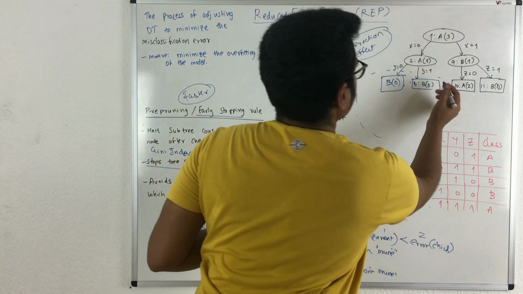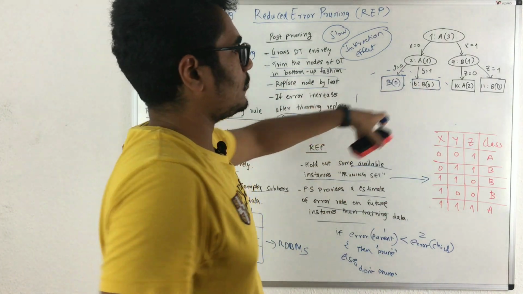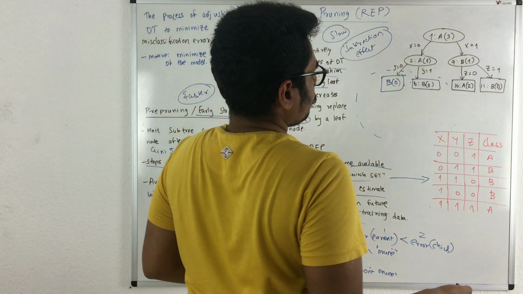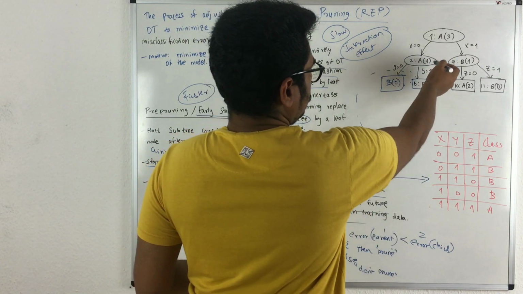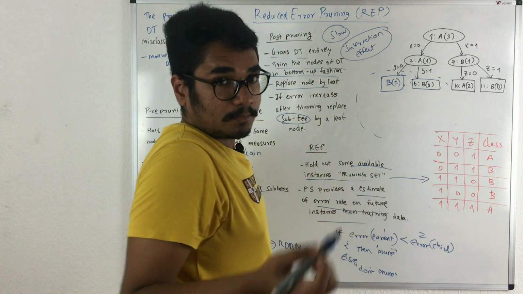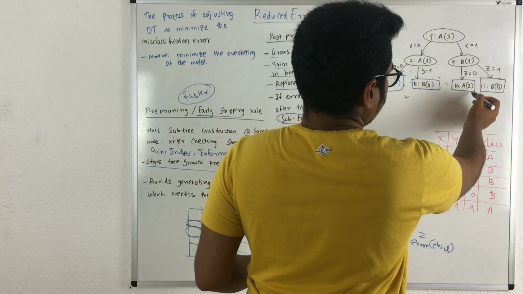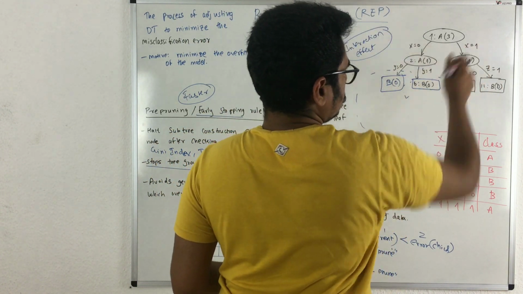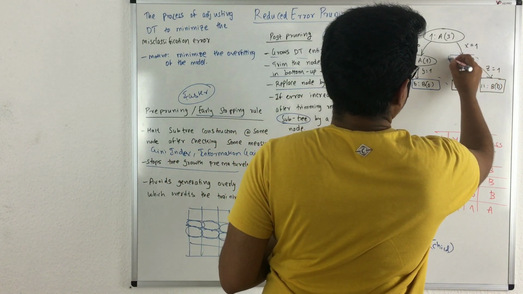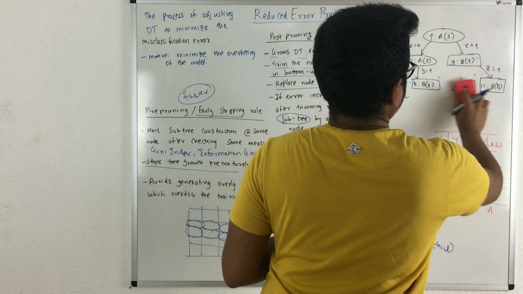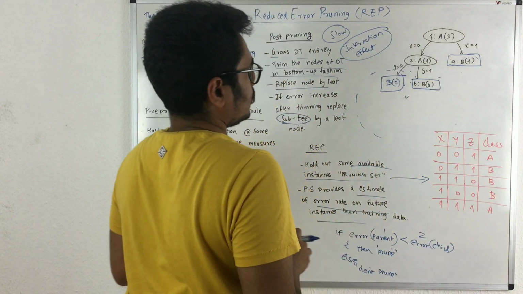Now you can see the decision tree which was overfitted earlier has been reduced into a smaller size. Now you check again. If you consider this subtree, the error of the parent is 1 but the child nodes are purer, meaning they don't have any error, so we keep it as it is. Similarly here, the child nodes have 2 errors but the parent has only 1 error. So we replace this node with a leaf node and remove this. This is our final decision tree after reduced error pruning.